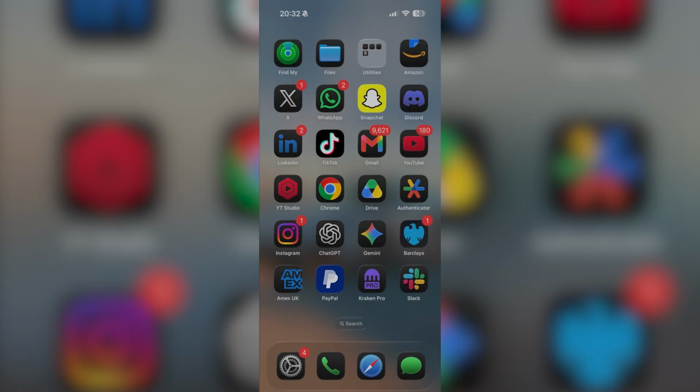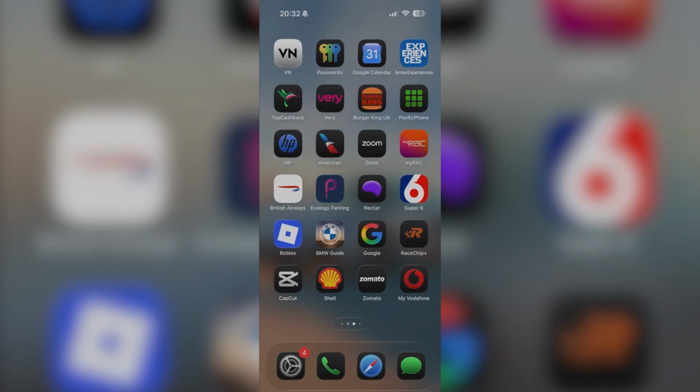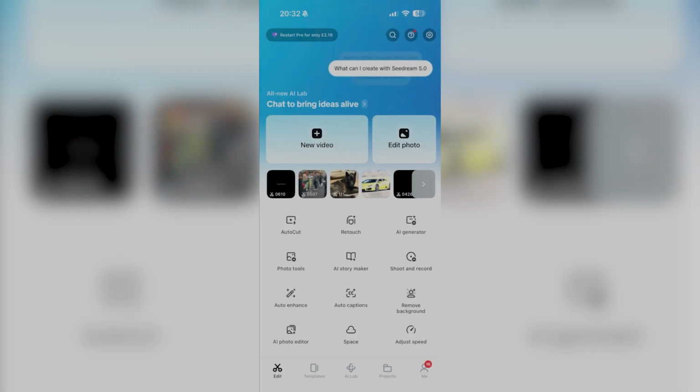Anyways, getting into it, it's very easy to do this. So what you want to do is open up your CapCut application. Now you can do this on anything, whether you're on an iPhone, Android, Samsung, or a PC or anything like that as well. So we're going to open up CapCut, and by default, you're going to be on